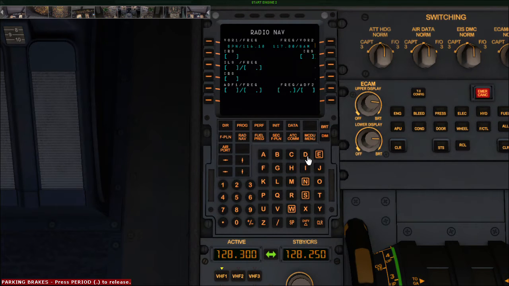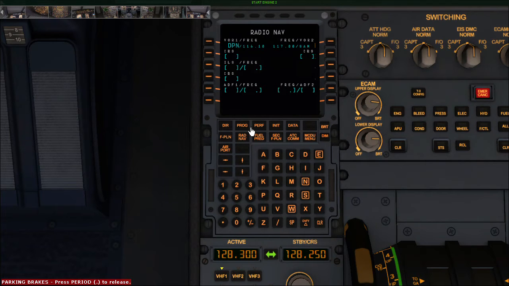But if I manually tune the VOR, basically VOR1 and VOR2 antennas are tuned, if I manually tune the VOR Delta Papa November, you can see the small letters change to larger font. So if any small font is over here, that is FMS computed. But if it is a larger font, then it is modified by the pilot or by the service maintenance engineers.